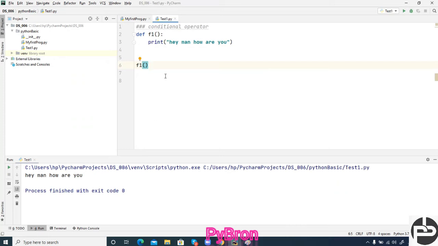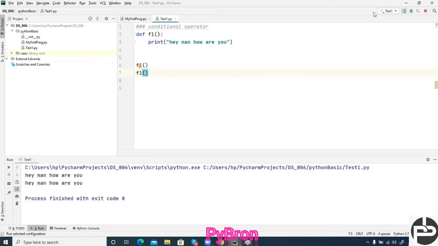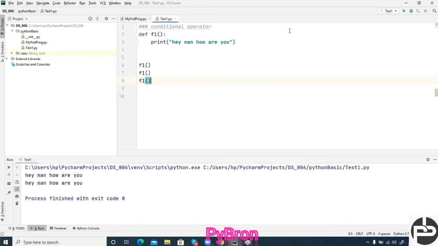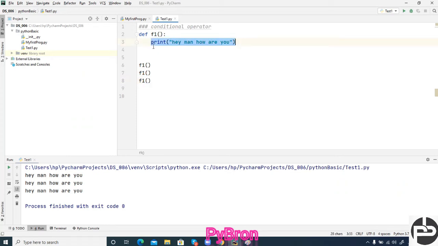We get "hey man, how are you?" And if I call f1 again, "how are you" should come two times. However many times you call the function, that many times it will come. Got it? So this is the benefit. Right now we have only one line of code. Suppose in future you implement 10,000 lines of code there, it will be okay.